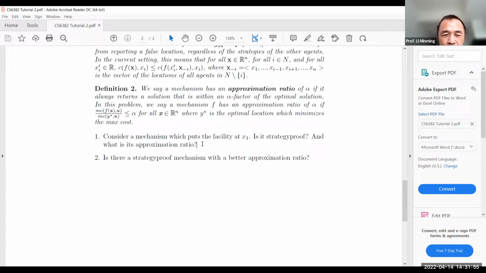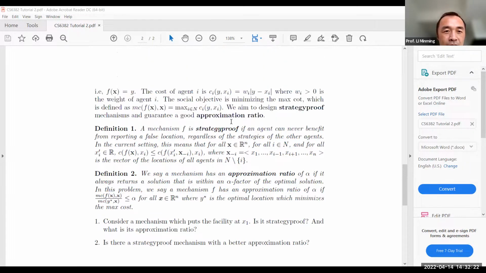Oh, actually, this is pretty straightforward. It's just the theorem in our paper, right? Putting the facility at x1 is how to say? Still someone remember? Putting the facility at the left extreme point. Oh, 2, very good. Is it 2? Remember now we,